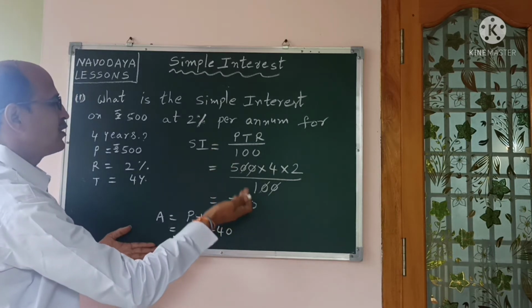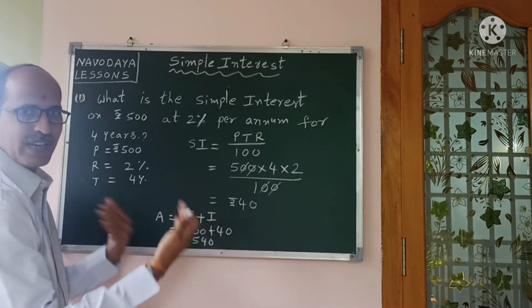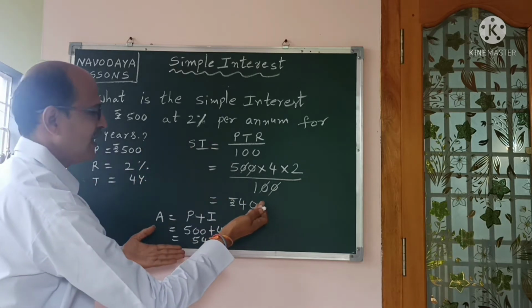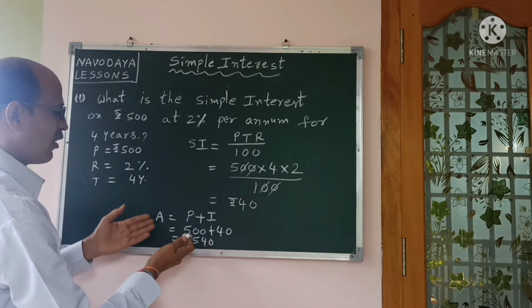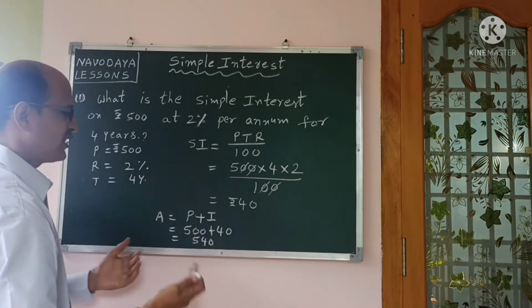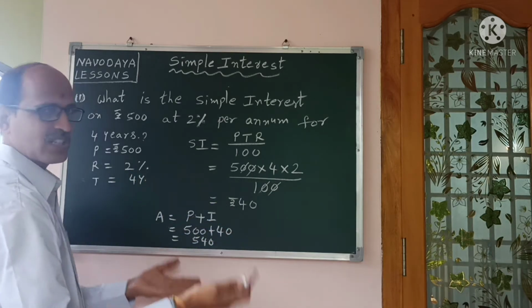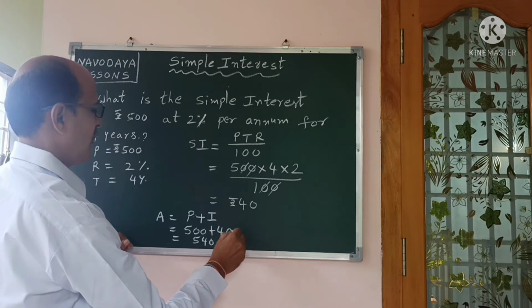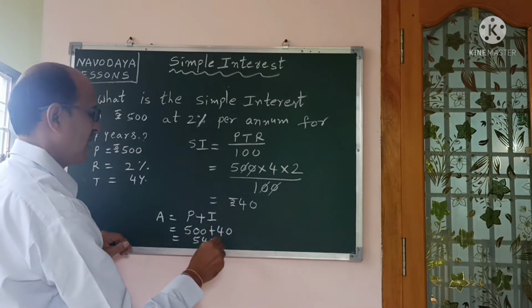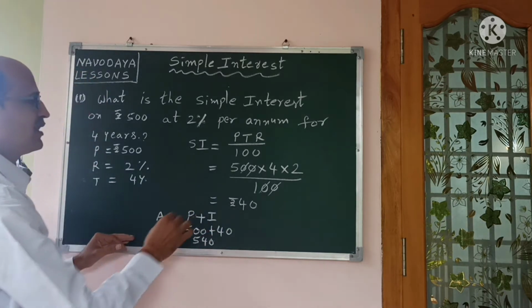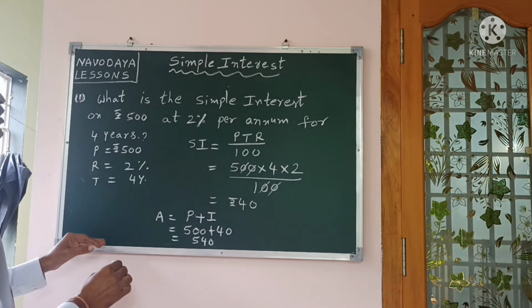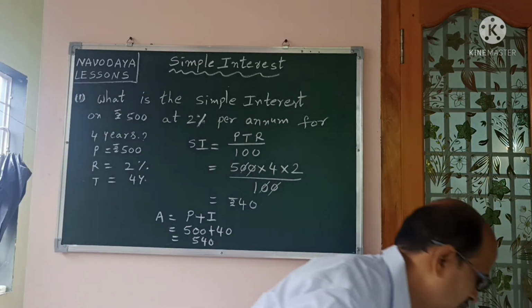This is how the bank does business. We pay some extra money, and that extra money is called interest. So we have to pay the principal, and at the same time we also have to give the interest to the bank. That interest plus principal is called amount. So note this first question. After that I will tell some more questions.